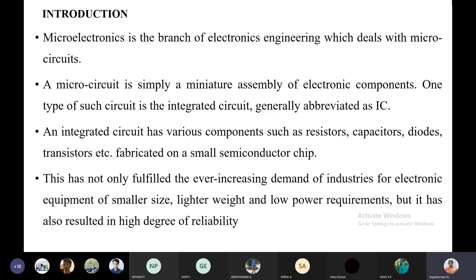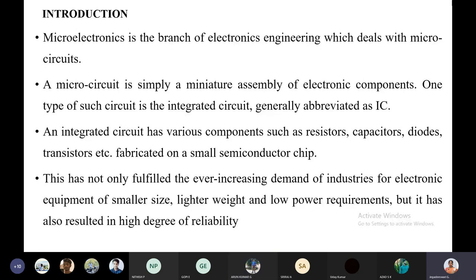Then IC, we know, right? How will the IC be? That we have discussed in the last class. If I take one IC, what will be inside the IC? Gates, ma'am. Yeah, gates. What type of gates? Not only the gates, okay, not only the gates.